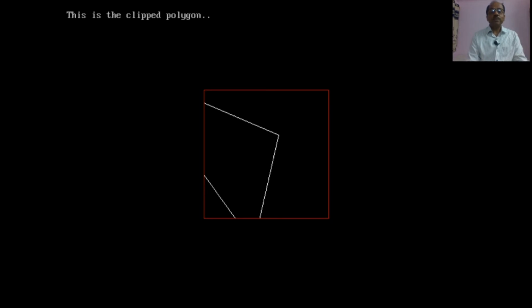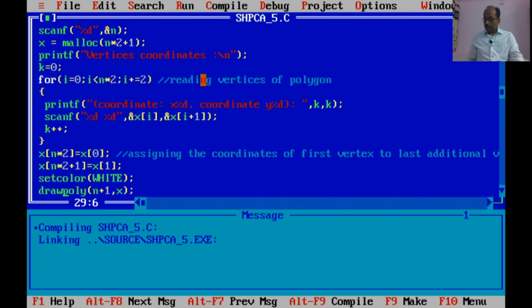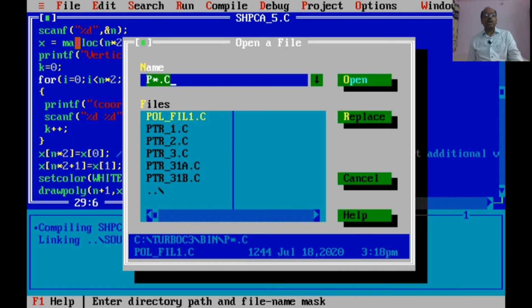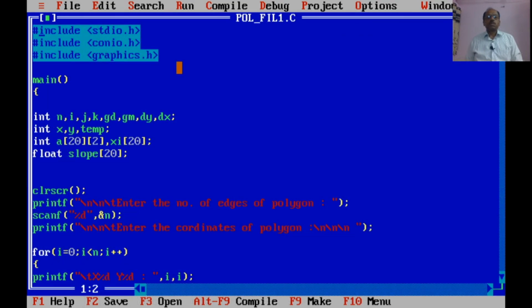Now, you are seeing that the parts which were outside the window were truncated, and only the part of the polygon which is inside the window is appearing. This is the way by which we do polygon clipping using the Sutherland-Hodgman algorithm.